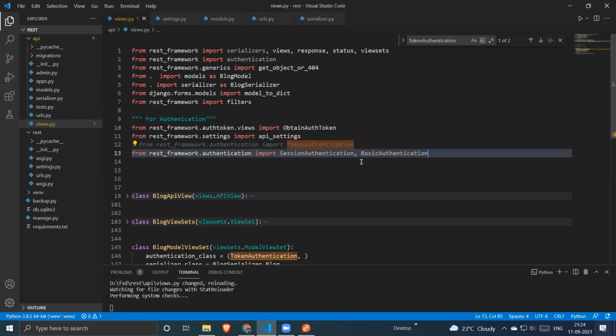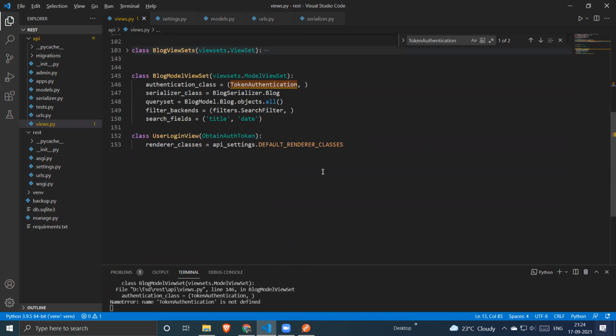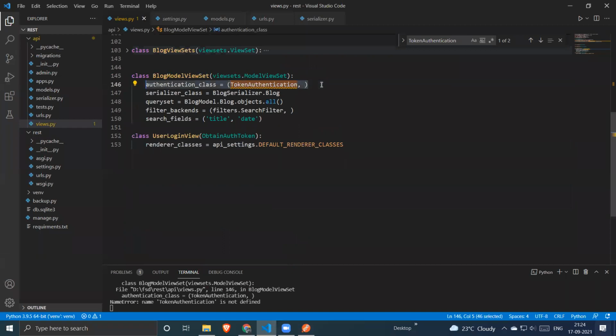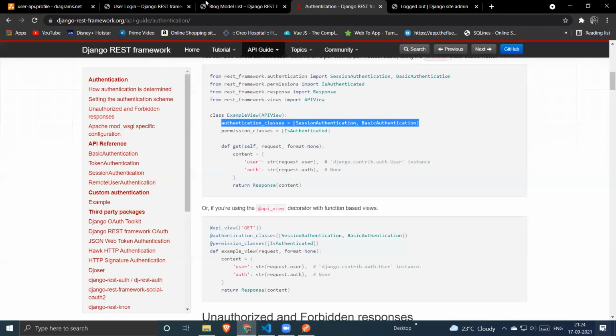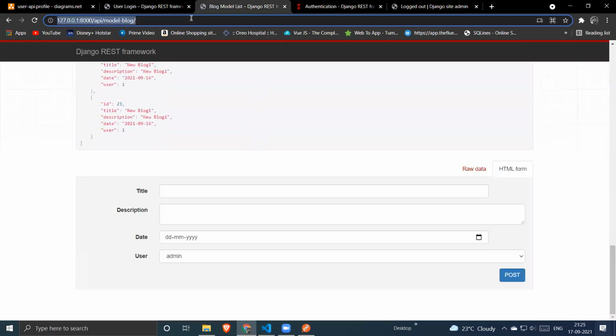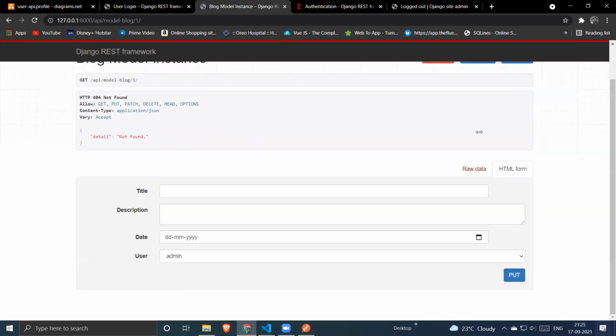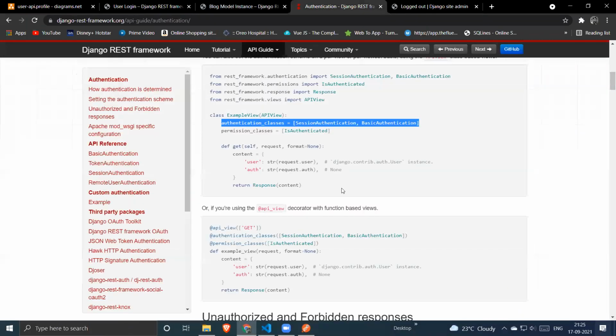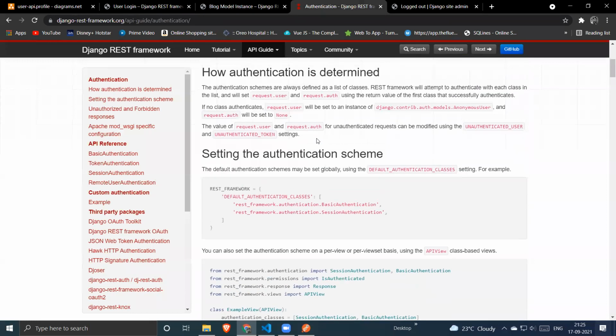We are not going to use the exact same thing until we debug this. IsAuthenticated.